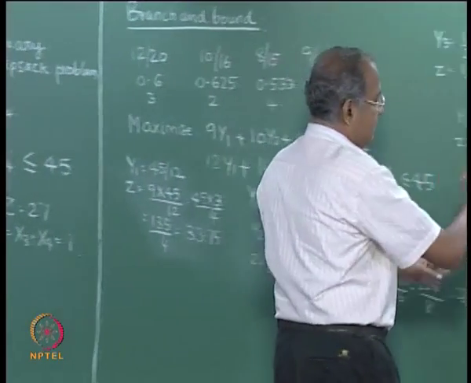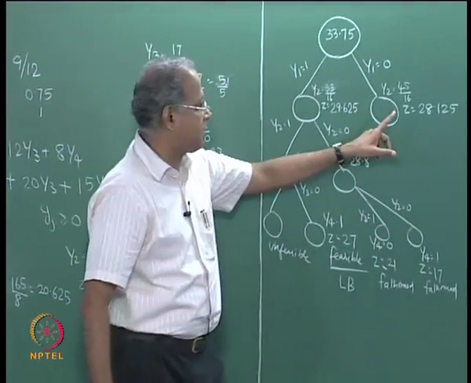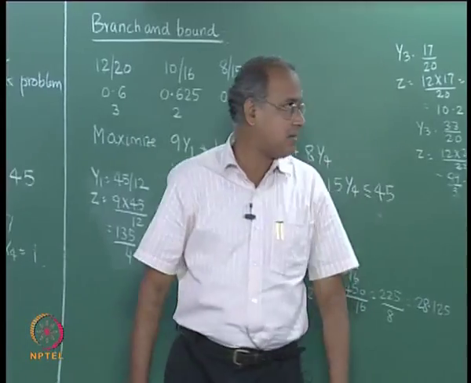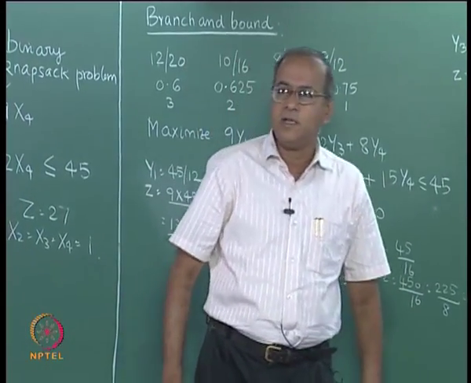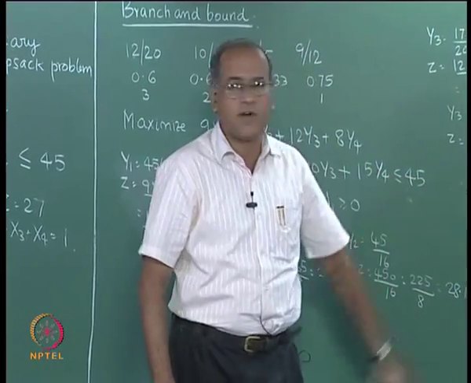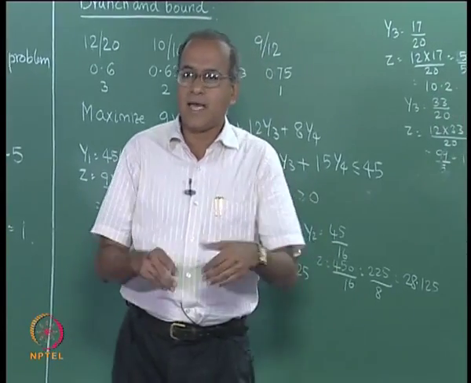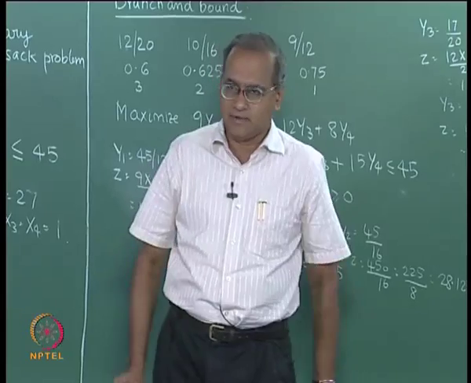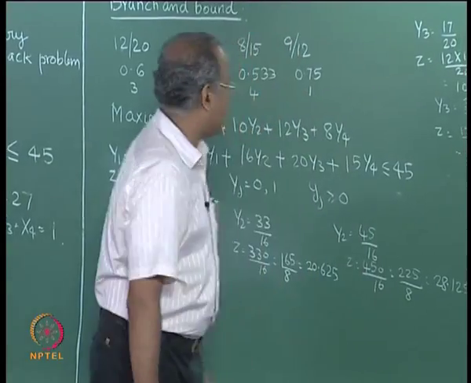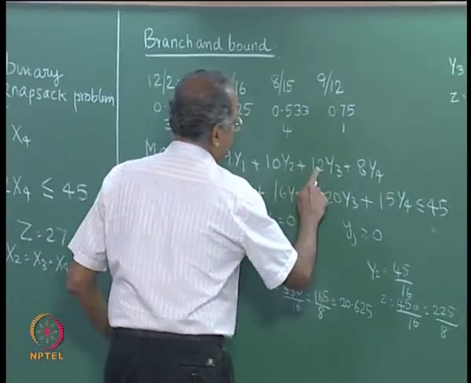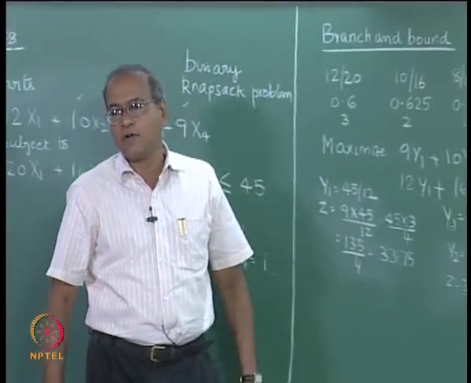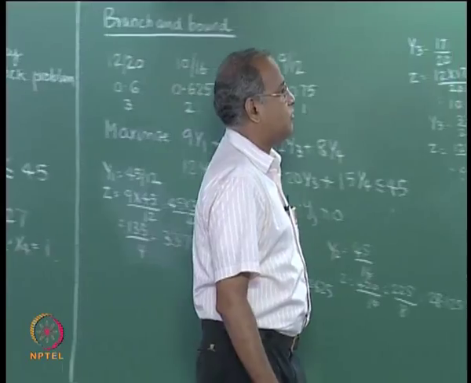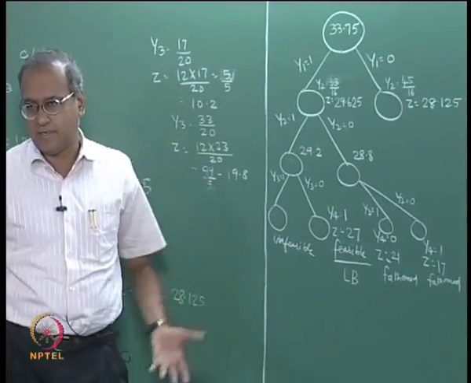So, we stopped here where we said that we have to proceed from this node, because this has an upper bound of 28.125 and the best value so far is 27. We can get a 28 if it exists. So, we should try and get that 28. 28 comes because all these objective function values are integers and therefore, the optimum solution will be an integer. So, 28.125 is effectively 28.